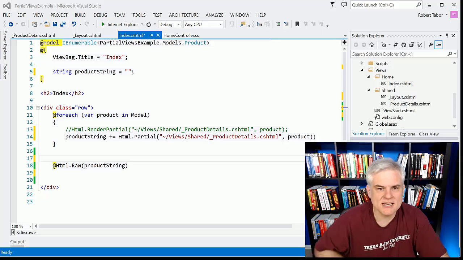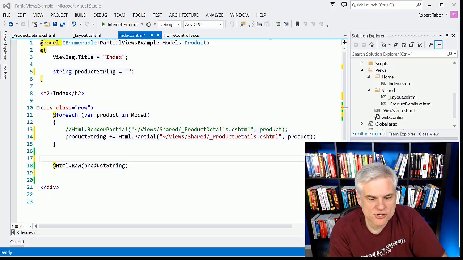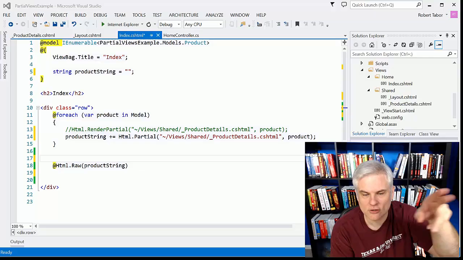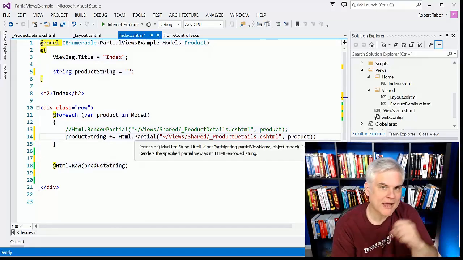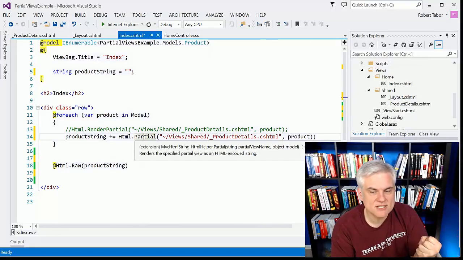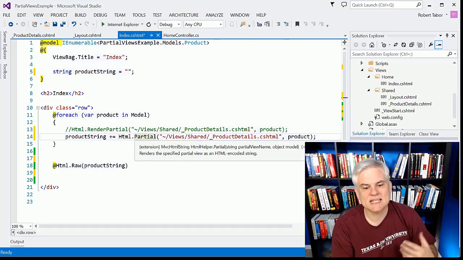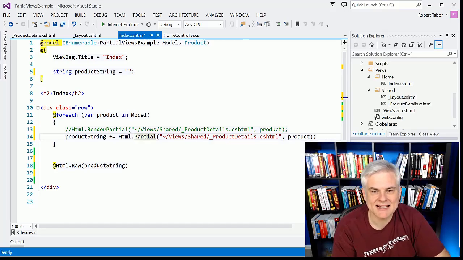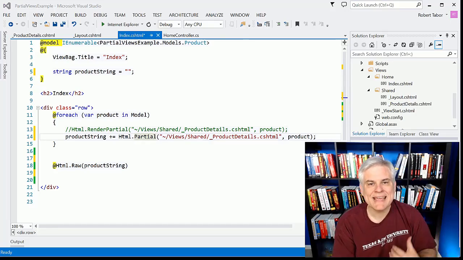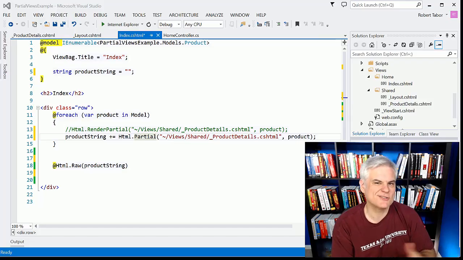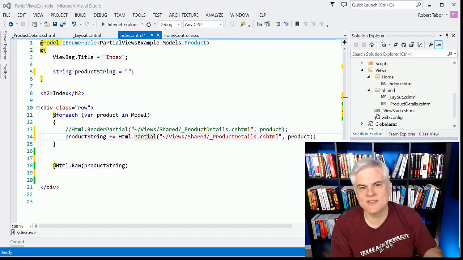Now, a couple of things that I need to mention here. Partial allows us to retrieve a string, whereas render partial just spits out the response directly. We didn't get the chance to modify it or look at it. Here in partial, I'm able to grab it off, save it in a variable, modify it in some way if I really wanted to. Now, we said that it returns a data type of MvcHtmlString. What exactly is that? Well, it's just an HTML encoded string, and there was a technical purpose for this prior to the Razor syntax. However, Razor kind of obviated it,